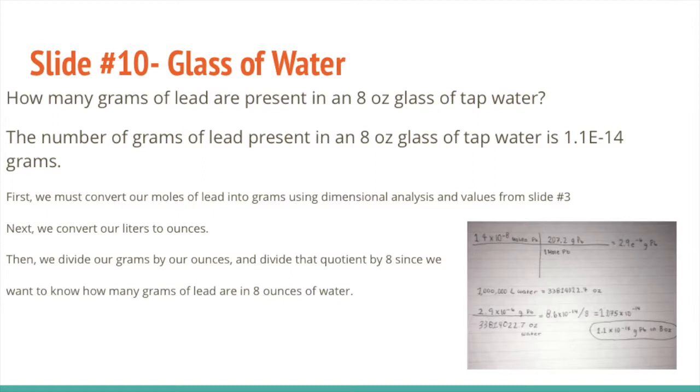For slide number 10, it asks how many grams of lead are present in an 8-ounce glass of tap water. The answer to this is 1.1 times 10 to the negative 14th grams. To get this, we first must convert our moles of lead into grams using dimensional analysis and values from slide number 3. Next, we convert our liters to ounces, the liters that we used in slide number 3, which then gives us